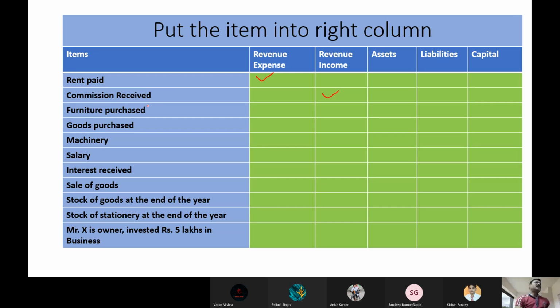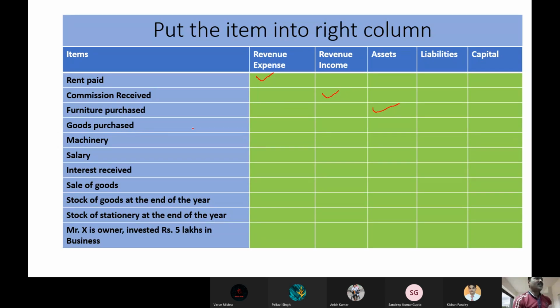Okay. Now furniture purchased. So students, furniture purchased. Furniture is also an expense, but what kind of expenditure? This is not a revenue expenditure. This is a one-time expenditure which increases the capacity of production. So furniture is a capital expenditure because we use it over a long period of time, hence it will be written on the asset side. So furniture, what is it? Assets. Okay.